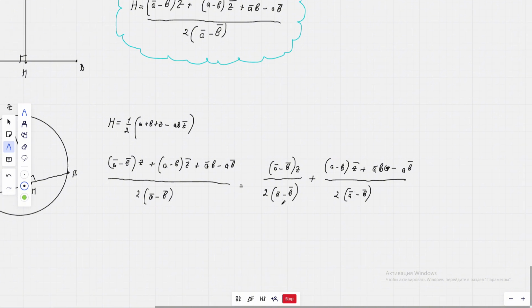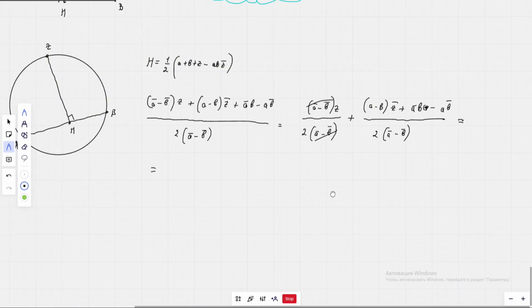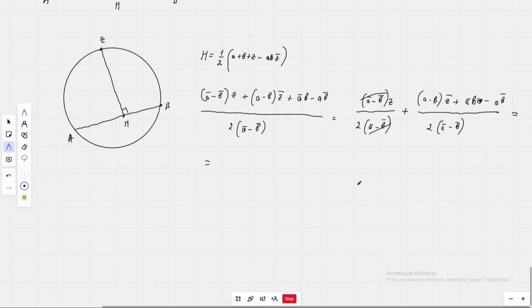So we get that these two cancel out, and from here it gives us this formula: